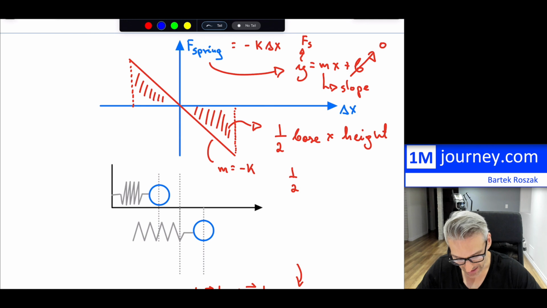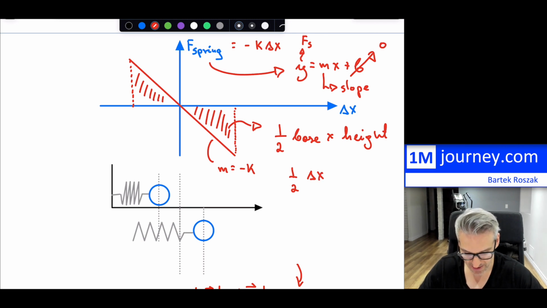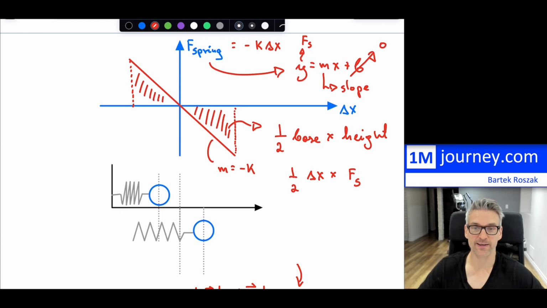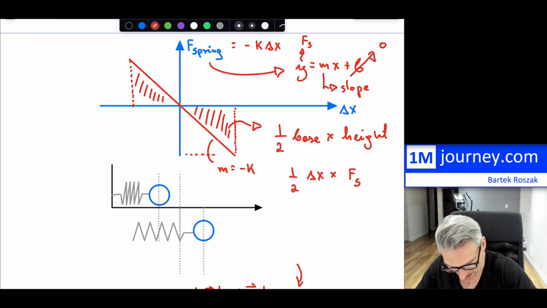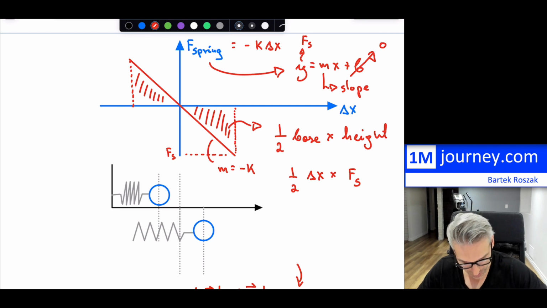In that instance, our base is just delta x. And now our height is the force of the spring, which I'll designate with an S right here. That would have been this value. Of course, it would have been negative on this side, but I'll just keep it as positive for the moment. Now, this right here, by Hooke's law, is